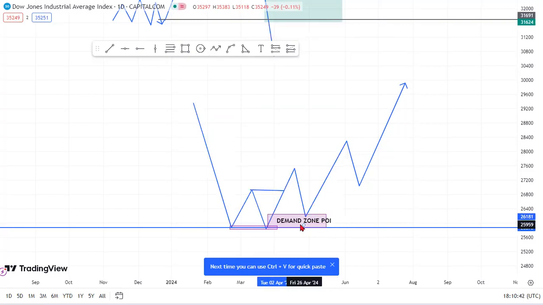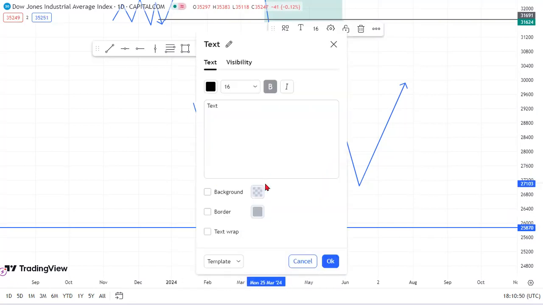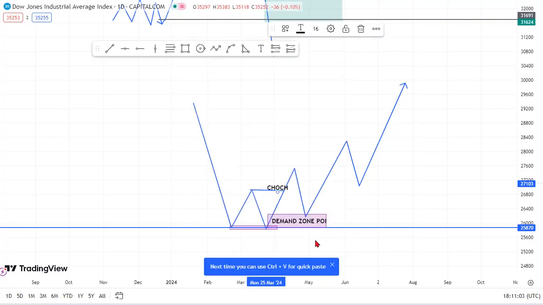It's a point of interest. POI means point of interest, right? And this is becoming your change of character. This is your change of character. So what's this now? Okay. So this is a change of character,